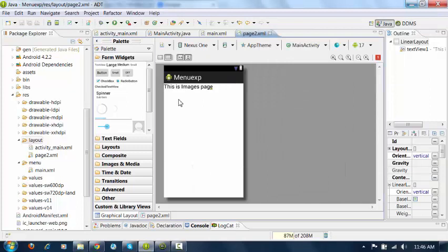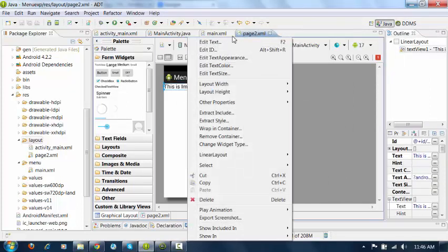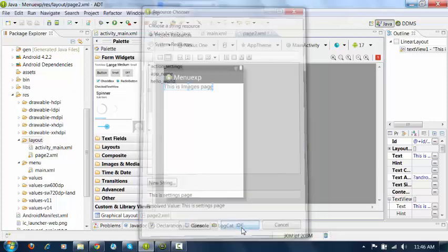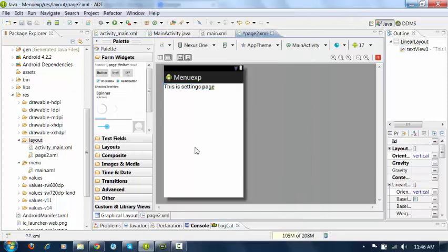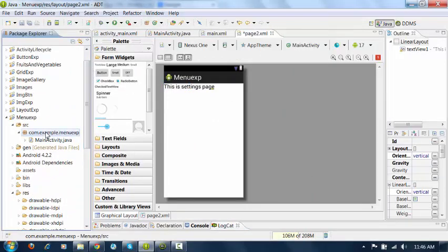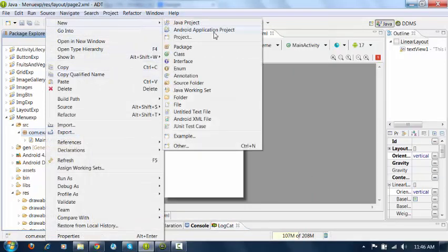So instead of images, I will edit it to settings. Now after creating the XML file, the next step is you have to create the Java file.